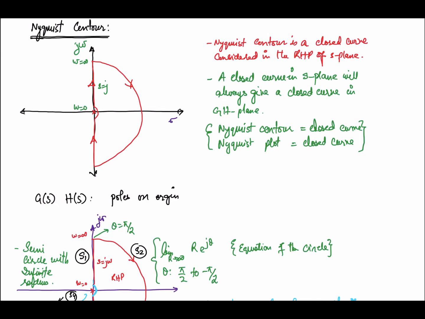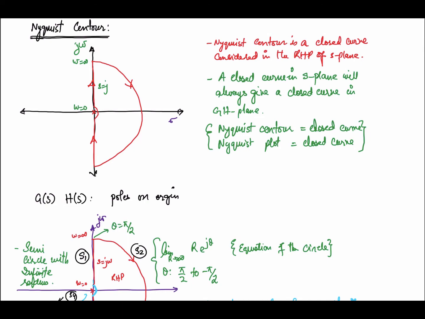In the last video, we discussed the basics of the Nyquist contour and the Nyquist stability. In order to determine the stability of the closed loop system with the help of the open loop system using the Nyquist criteria, the first thing is to consider a contour in the S domain which will cover the entire right half S plane. It is a semicircle of infinite radius. If you consider the infinite radius, it means it will cover the whole S plane.